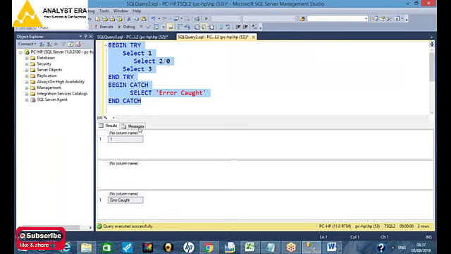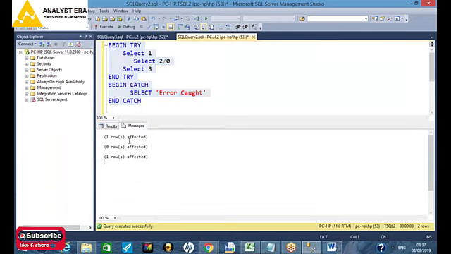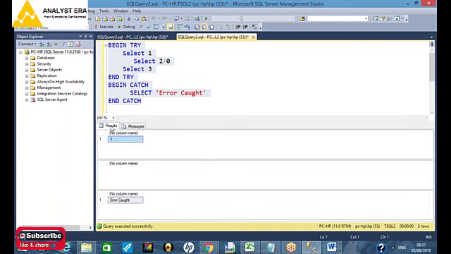Now what you see here is that the error is not thrown to the client, but it is being handled now. As you can see, 1 row is affected, 0 row is affected, and 1 row is affected again. And the results you can see here,